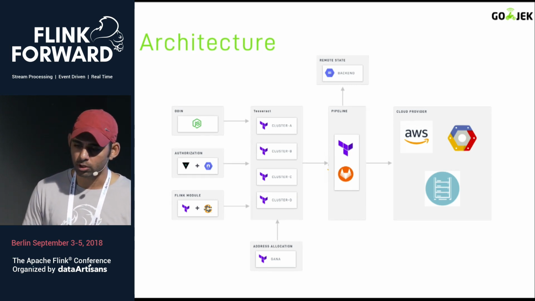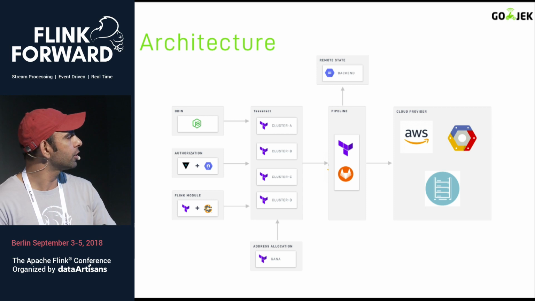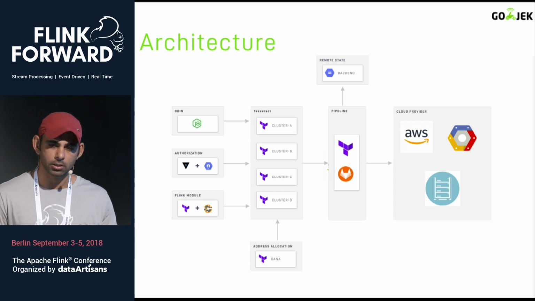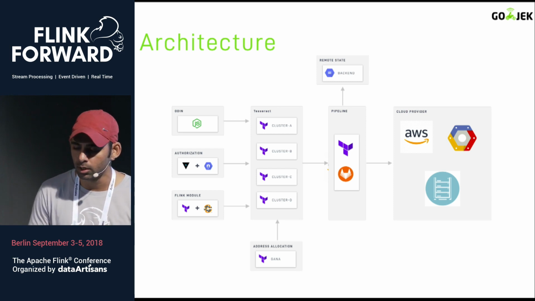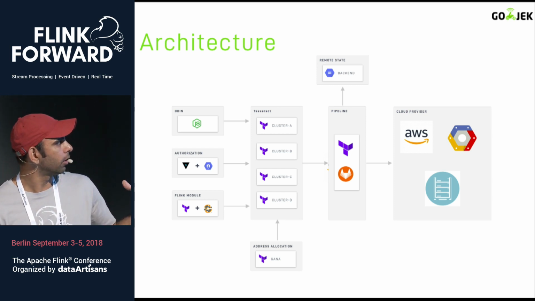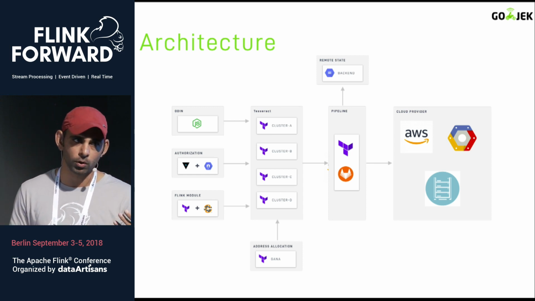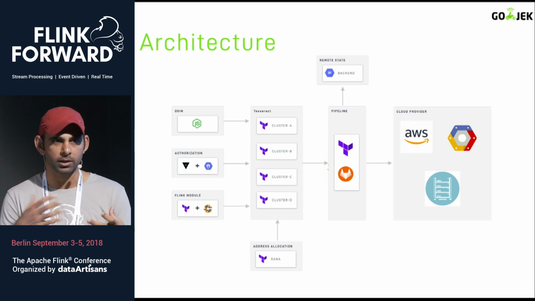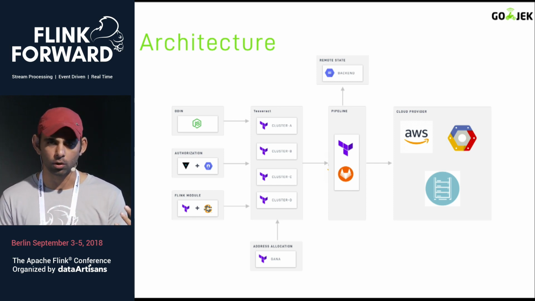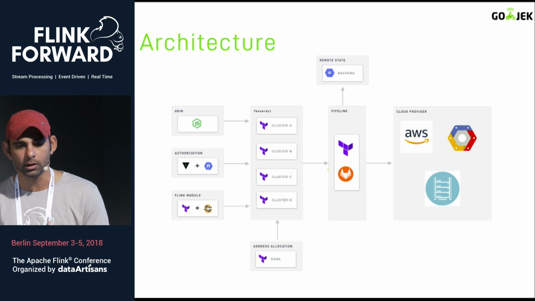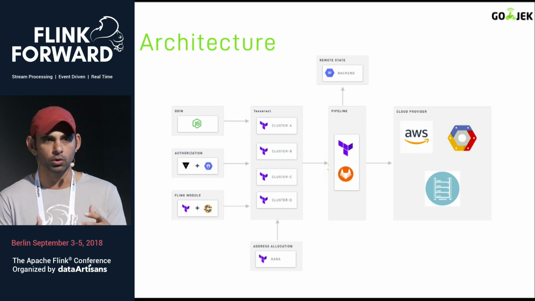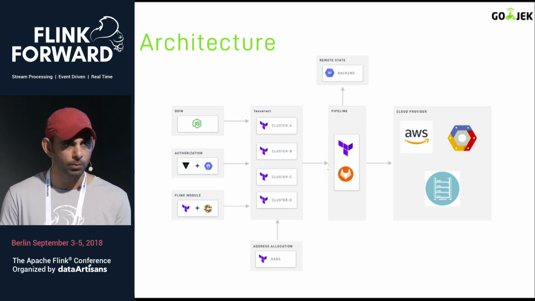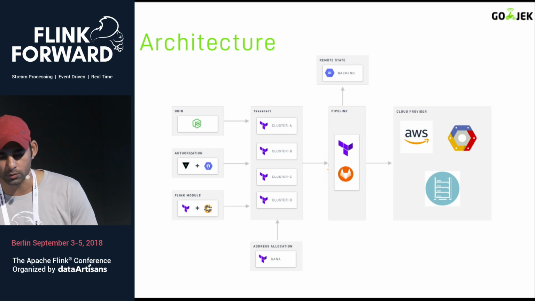So the way we have dealt with this challenge is, this is how our entire provisioning system looks. We have a service we call Odin. Odin takes care of anyone who wants to create new infrastructure, and it manages that. On the other side, we have the Flink module setup and the Kafka module setup. These modules are built with Terraform plus Chef. We use Chef for all the configuration management, and we utilize Chef inside the custom-written Terraform modules to make sure that the infrastructure provisioning is happening as well as the configuration management.